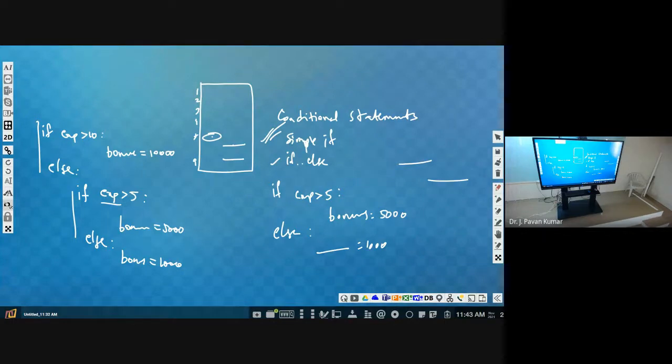Okay, sit. What is the question? Only with simple if you have to write. What is the input for the program? Experience. What is the output? Bonus will be the output. By using if else or this kind of structure, we could do it easily. By using simple if you have to do.